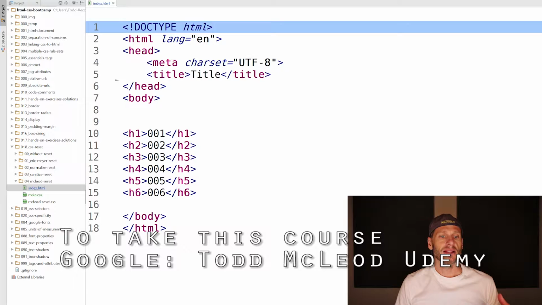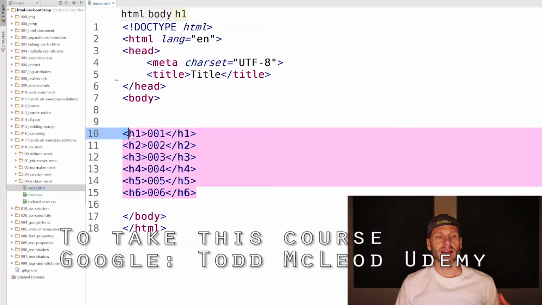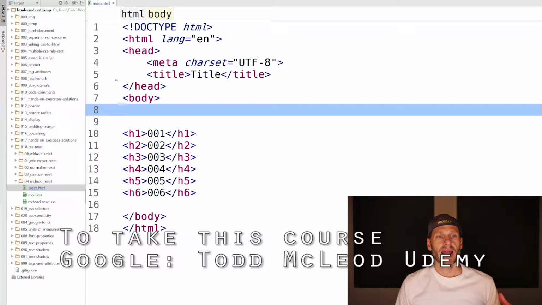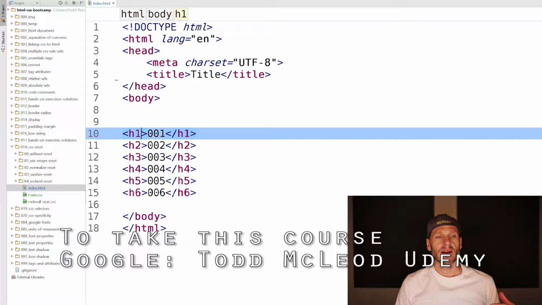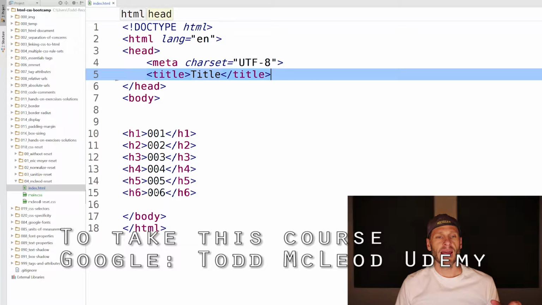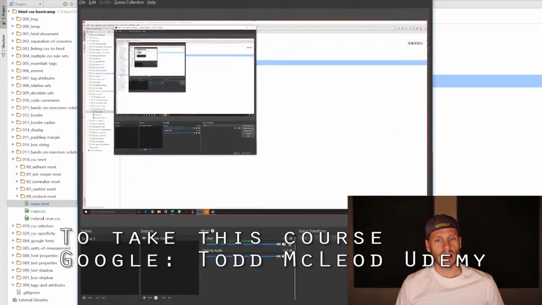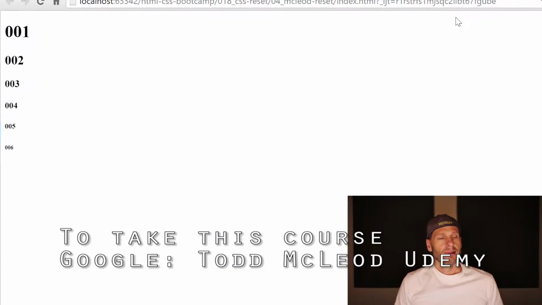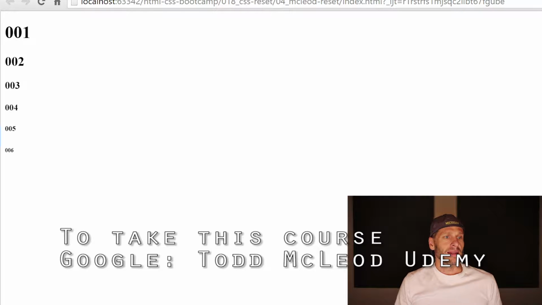open. And you can see here I have 6 headings. I have H1, H2, 3, 4, 5, 6, right? Those 6 headings. And there's no CSS. I don't have any inline CSS. I don't have any CSS up here in the head, and I'm not linking to any CSS style sheet. Yet when I display this page in a browser, these are already formatted. This is bigger than this, is bigger than this,